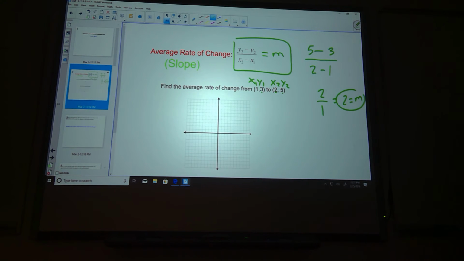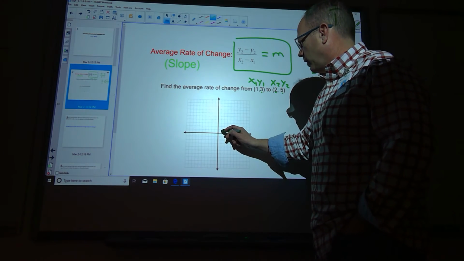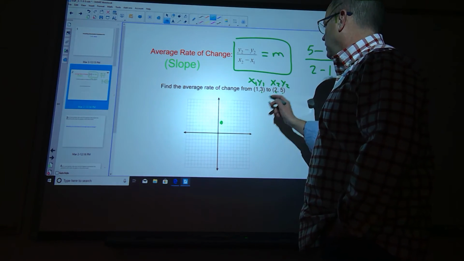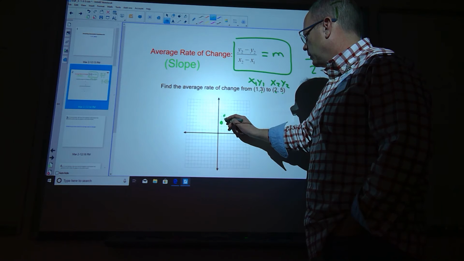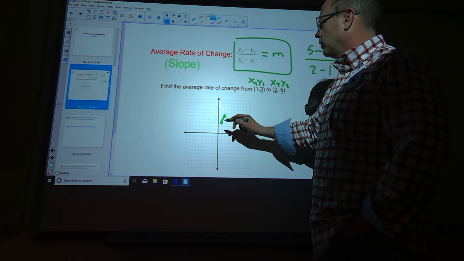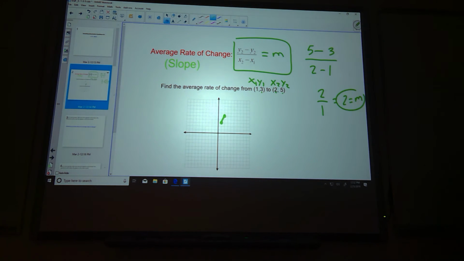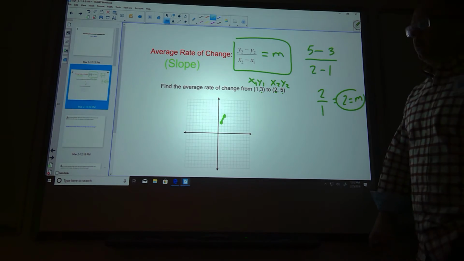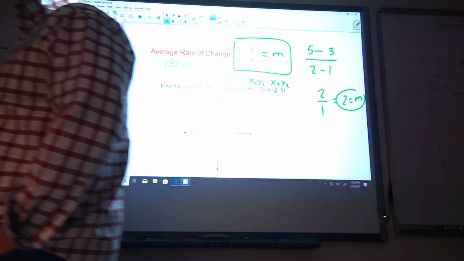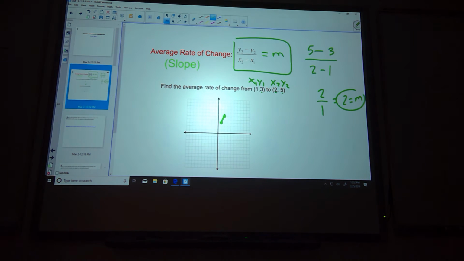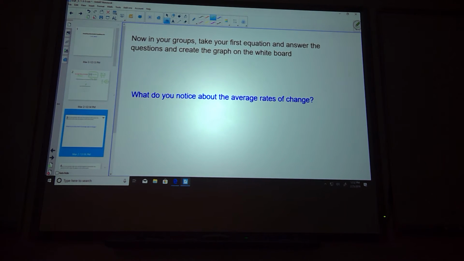Now let me ask you this. Is 2 a positive number? Yeah. So is this an increasing slope? Yes. Okay, and that's exactly what I mean. So like 1 comma 3 is right here. And then 2 comma 5 is here. So, is the slope between those increasing? Yes, it is. It's a positive slope. And that's really what we're doing a lot of times when we're saying, hey, where's it increasing? That's the math practice that we technically are going, but we can recognize by looking at the graph, it's an increasing function. Okay?